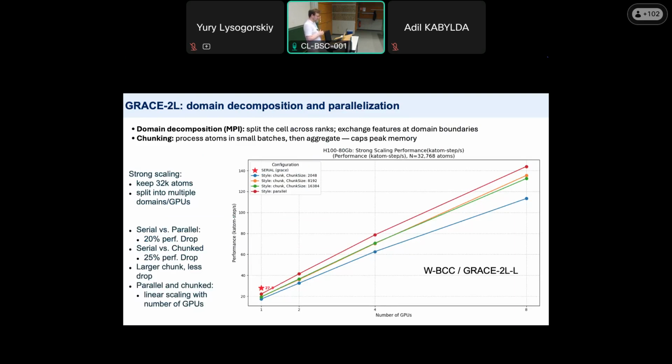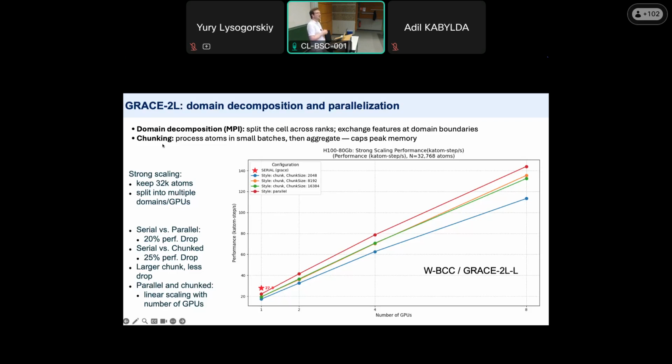We now have this feature implemented, and you can see how good, or let's say how not bad, the strong scaling efficiency of this Grace two-layer parallelized model is using the domain decomposition, and also through chunking,